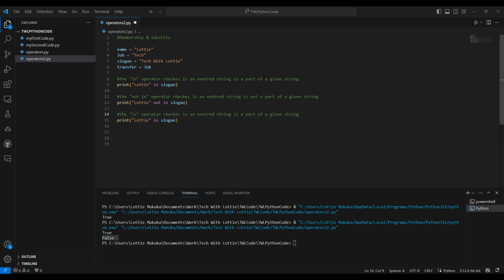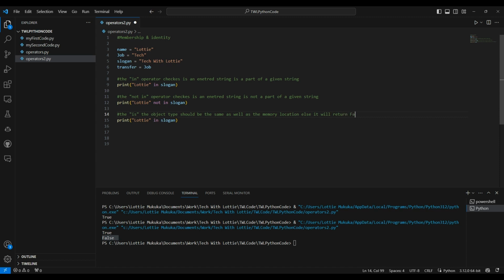It also needs to come from the same location for it to be true, else it will be false. Okay, so is means the object type should be the same as well as the memory location, else it will